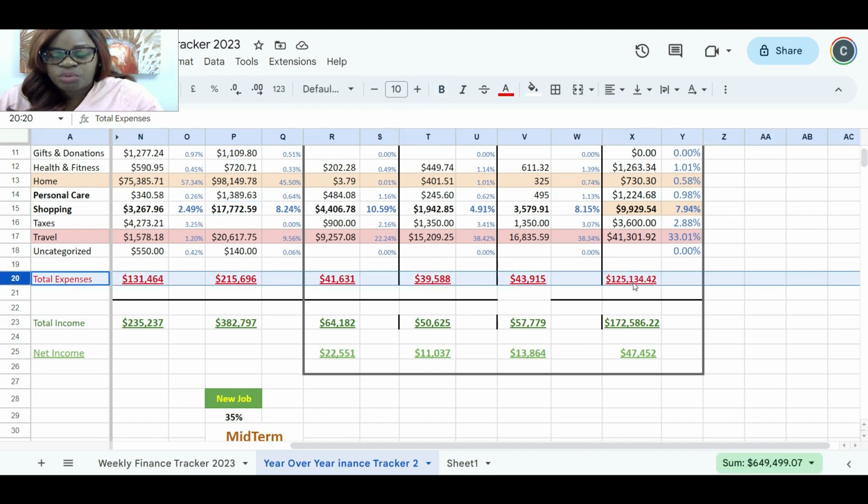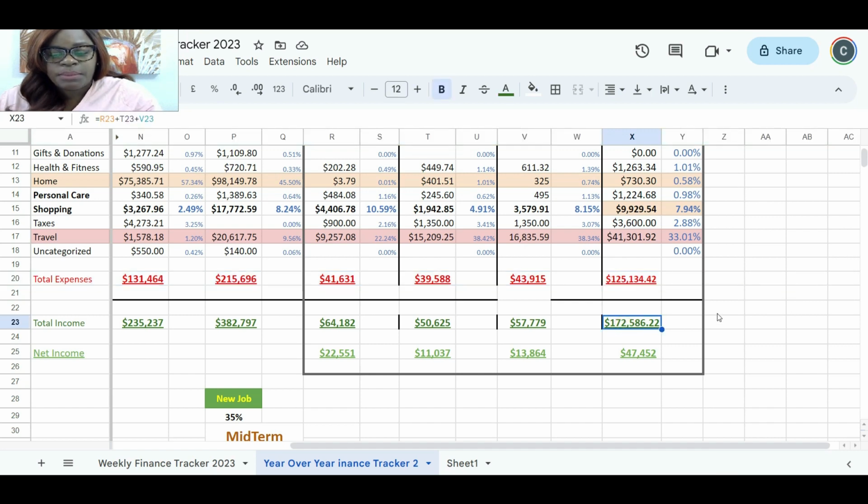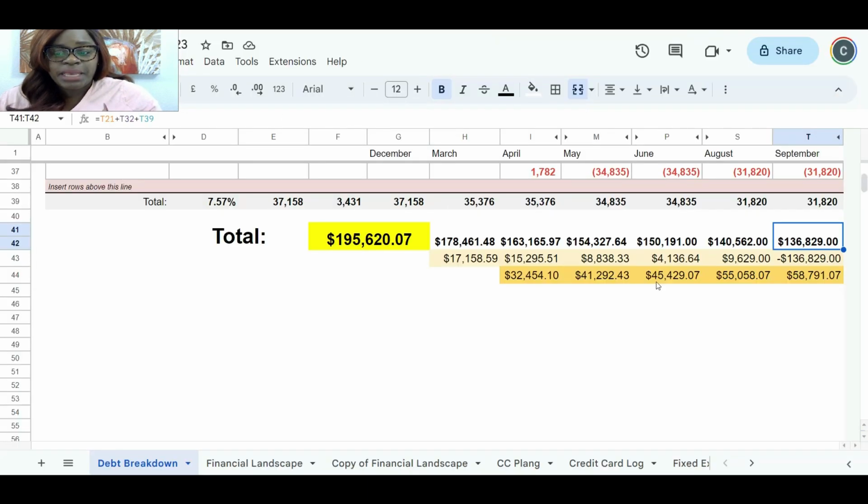I'm at $125,134. Total income coming in with $172,586. That's a difference of about $47,452. And this tracks because if you look at how much I've paid down, I've almost paid down $58,000 in